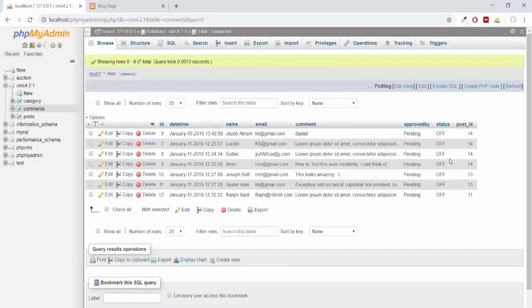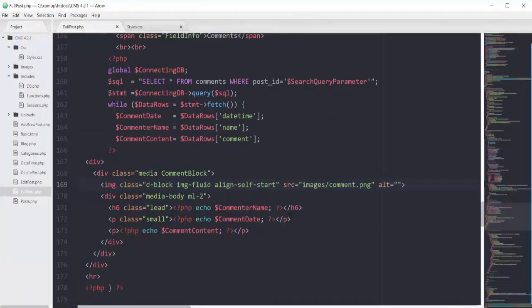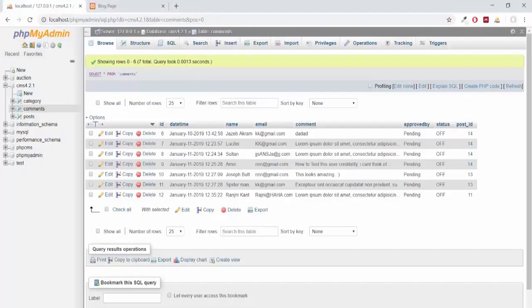Right now you can see the status of our comments is off, which means they are not approved yet. So on this page of fullpost.php, instead of showing the comments by default, I will make this where clause show us comments only when the status column has an entry of on, not off.